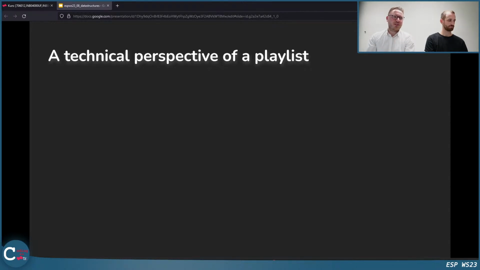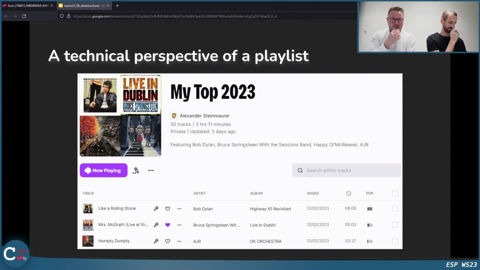So actually, let's have a technical look at a playlist. It's December. It's this time of the year where everyone gets the Spotify and Deezer playlist from 2023. And actually this motivated me for my following example. I received my top songs last year. Please don't judge me. Some songs I don't understand why they're within the list, but they are. So let's have a technical perspective on the playlist.